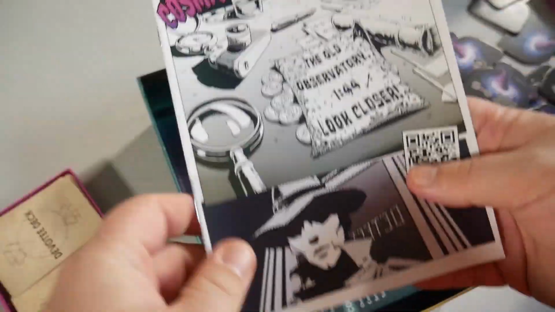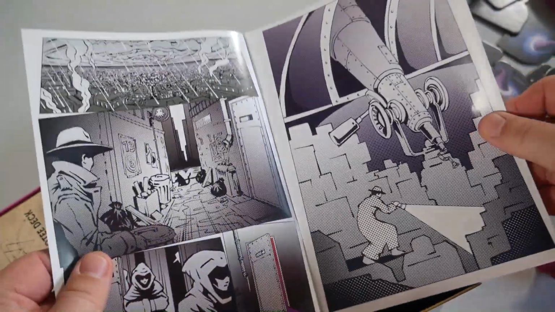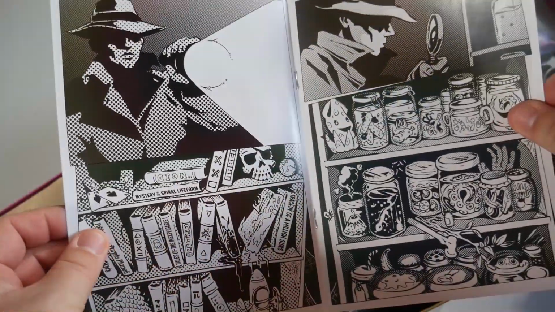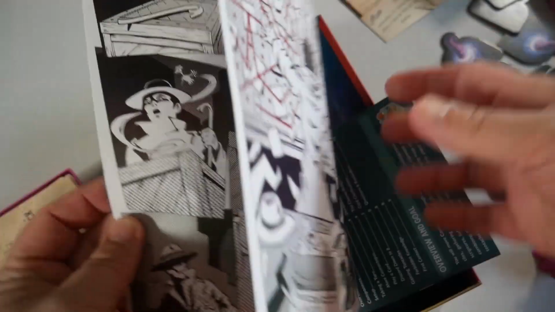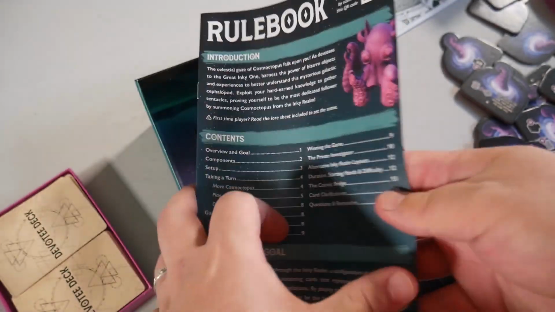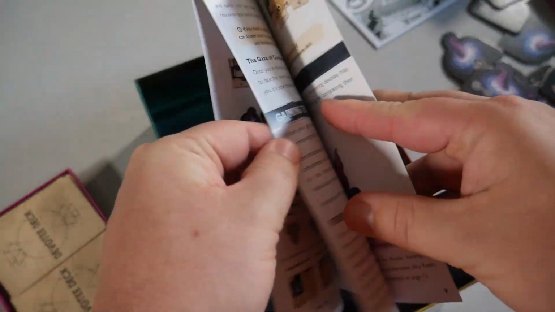And this is a cool little case of the Cosmoctopus. Just kind of a cool little comic book that they included with the PI. And then you have the rule book with the components, the setup,